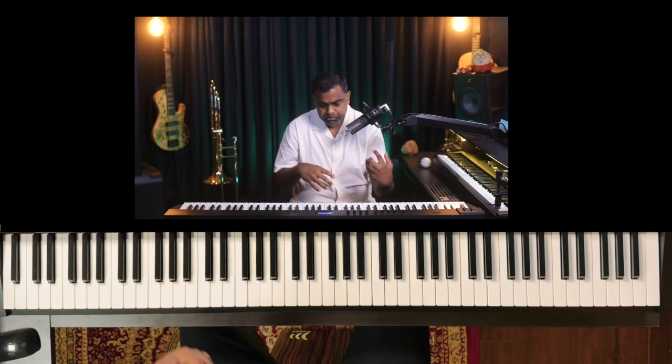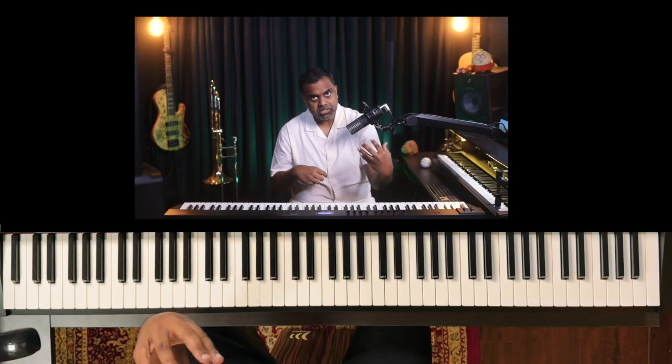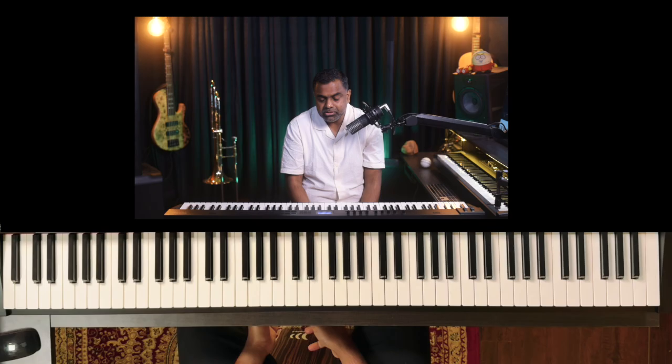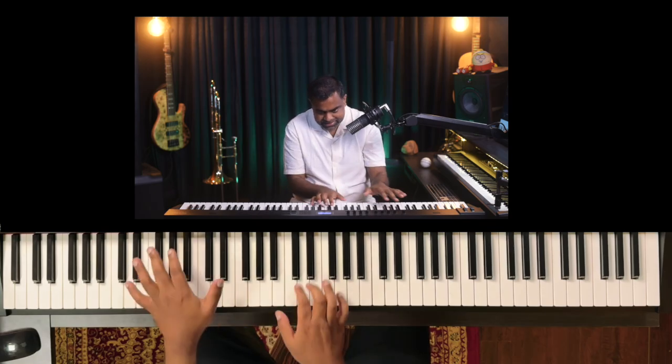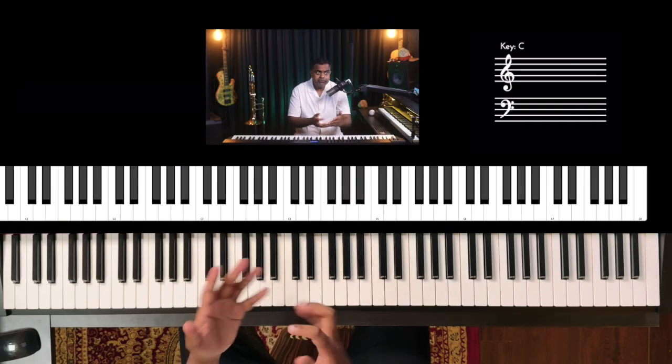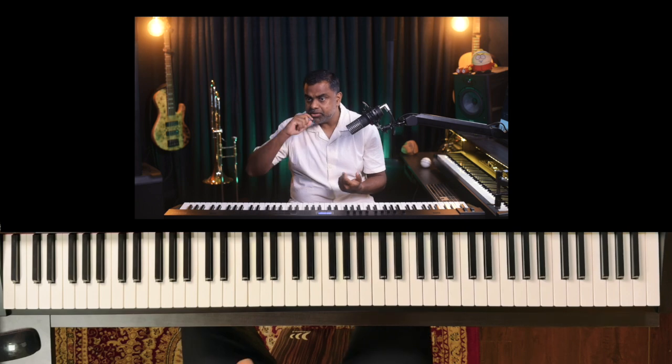Number one, play a chord which gives people the confidence that, hey, the guy who's playing with me is not just a Tanpura replacement or one of those apps which play you the drone these days, like iTabla Pro or whatever. So you're not that. You're better than that. You're a musician. So what I would do is play that representing chord, let's say off the Lydian, and follow the tabla, follow the drum instrument. So you're rhythmically conscious, but harmonically you're giving them that survival chord which they're not going to scold you for,